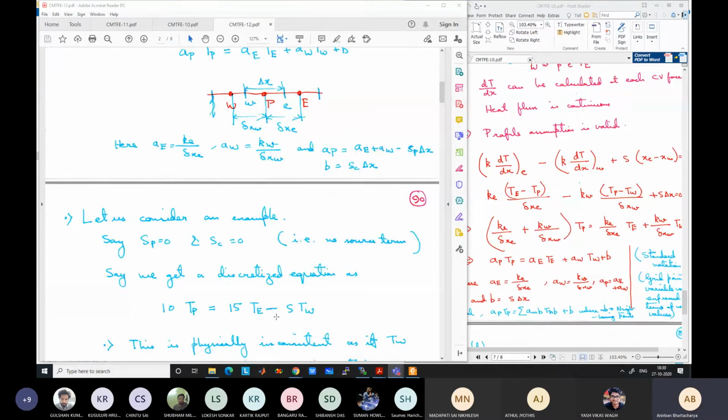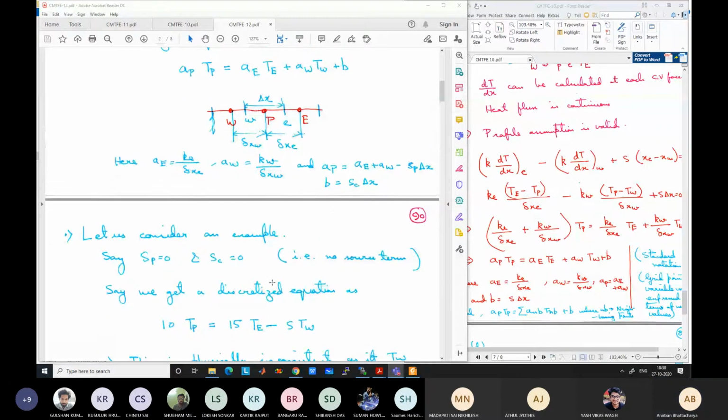So say this is the equation that we have obtained. What problem can occur if this is the equation? Can anyone answer? MTech students, new students? Means new MTech students, not dual degree students. For solving this equation, what problem? If this is the form of the equation, what is the problem? Do you see any problem here?